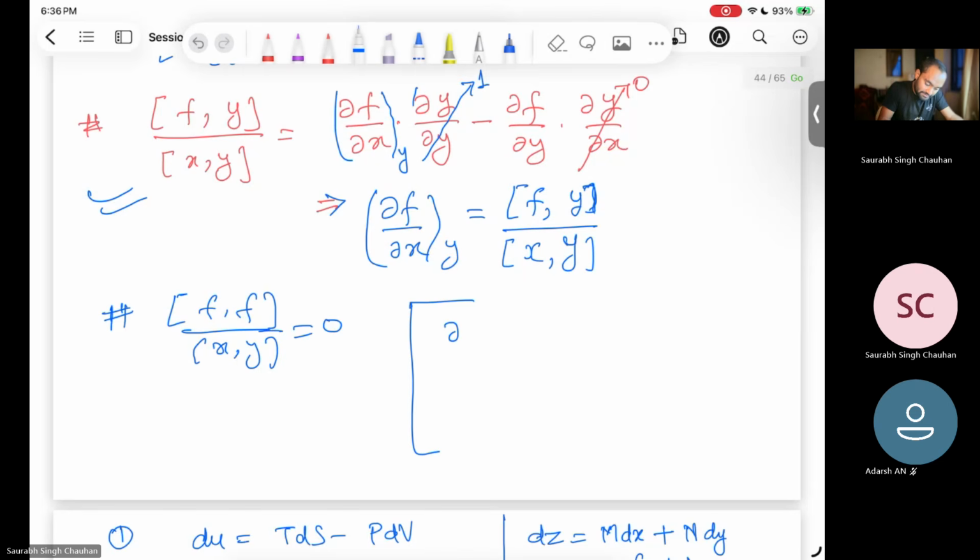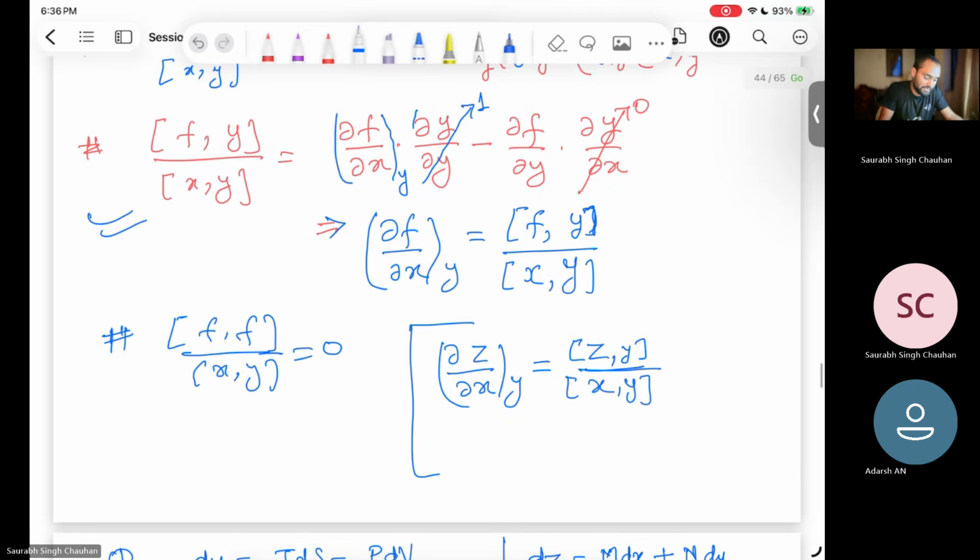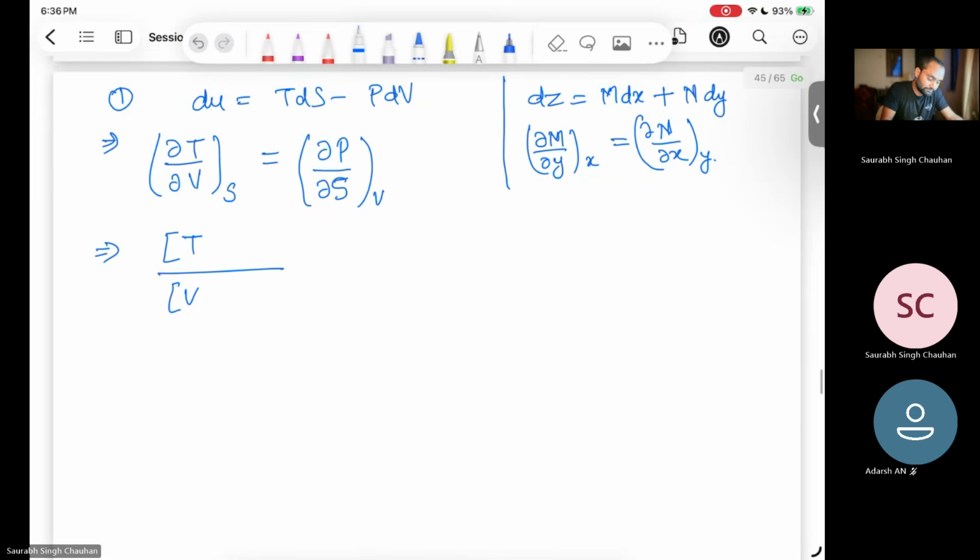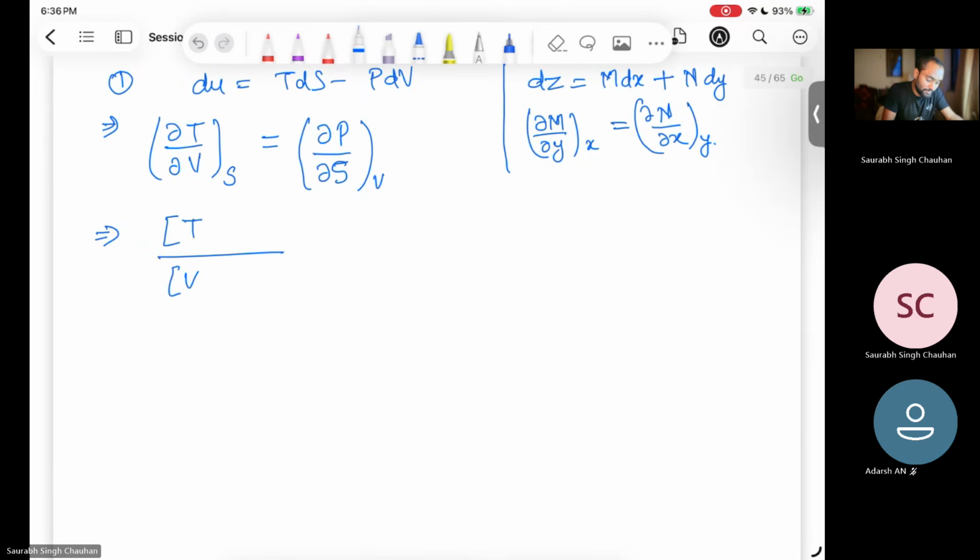Partial derivative of z with respect to x keeping y constant, that we can write as ∂z with respect to ∂x, and whatever is kept constant will come twice, in numerator and denominator. Okay, like that. We discussed this property also, right? So partial derivative of t with respect to v, so v is below, keeping s constant. Okay, so s comma s,